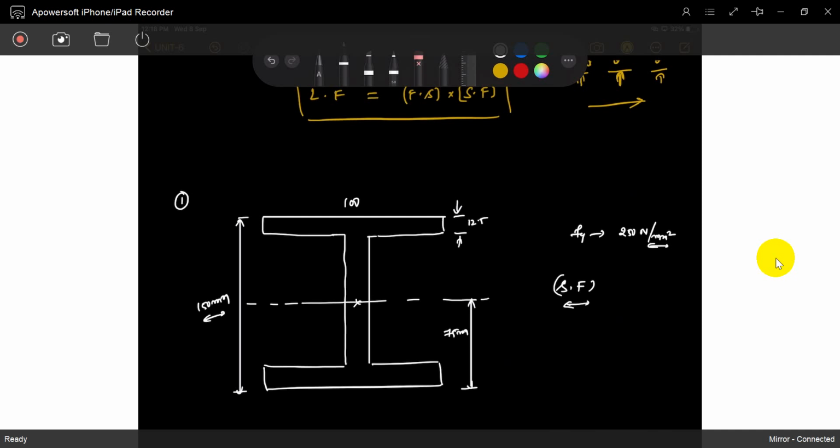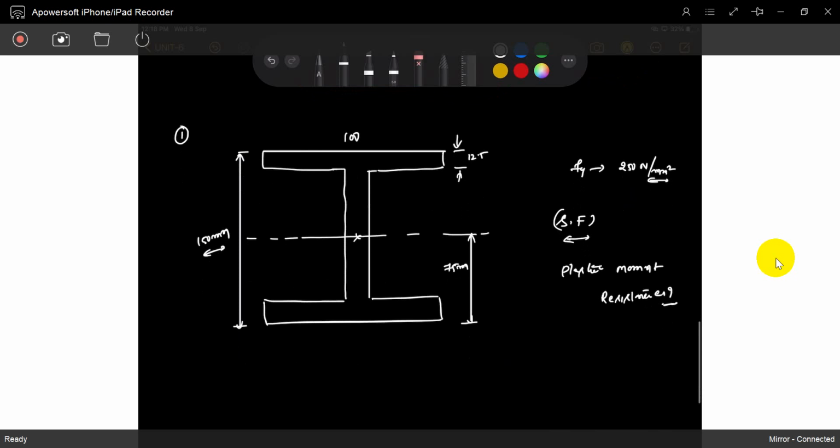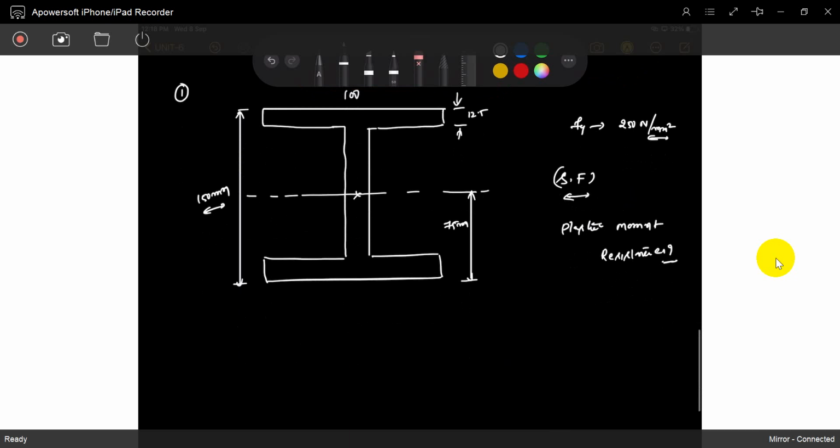Find out the shape factor and also the plastic moment capacity, or plastic moment resistance. You can call it a resistance. So you can easily find it out. See,